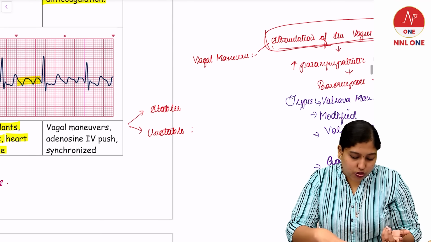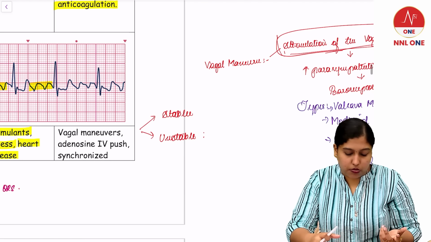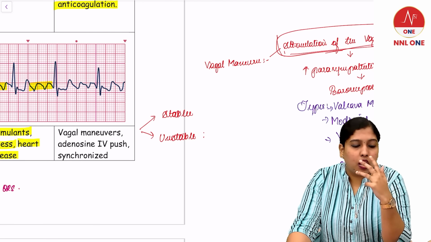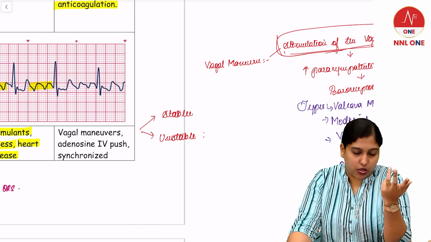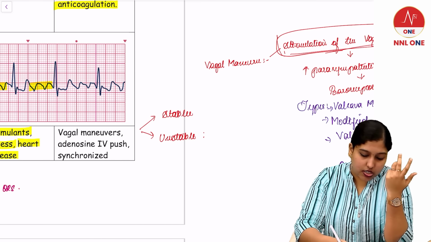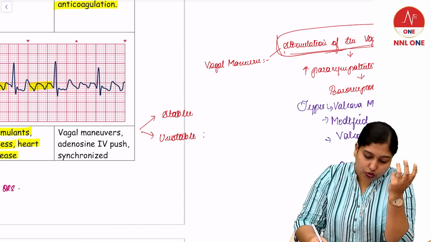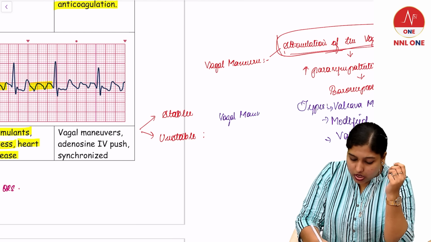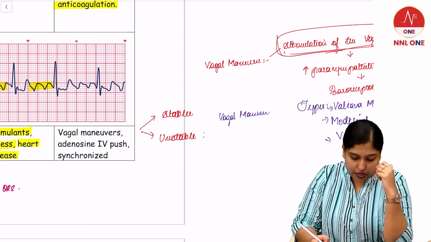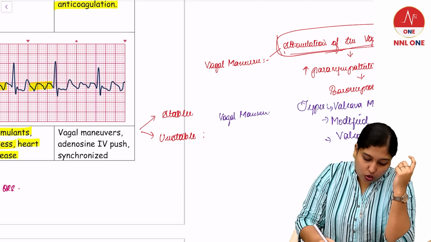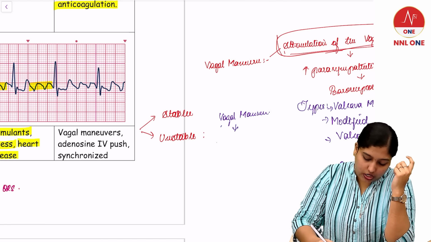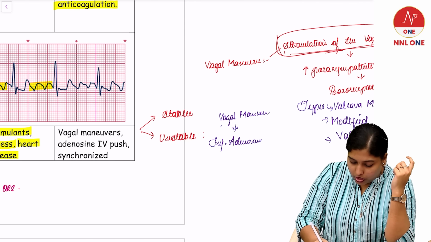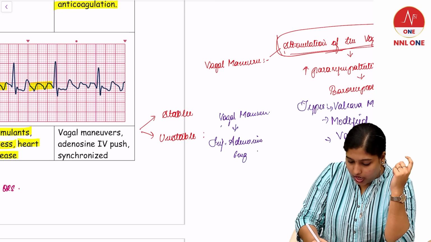So coming back to your SVT management, first is the stable case. In case of stable, the patient is hemodynamically stable. In this case, we do the vagal maneuver and try to revert the patient. First we are going to do the vagal maneuver. If the patient is not stabilized, we are going to give injection adenosine 6 mg IV,